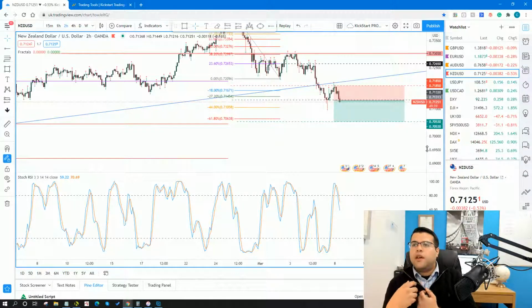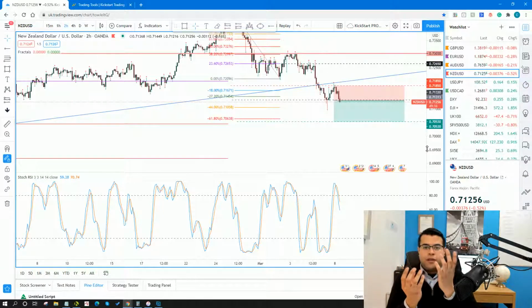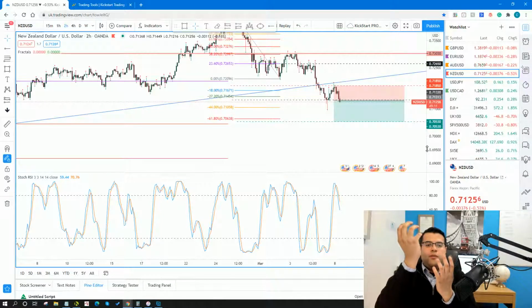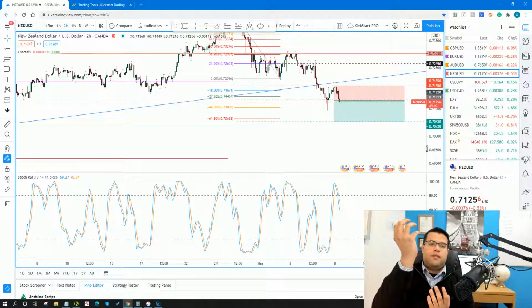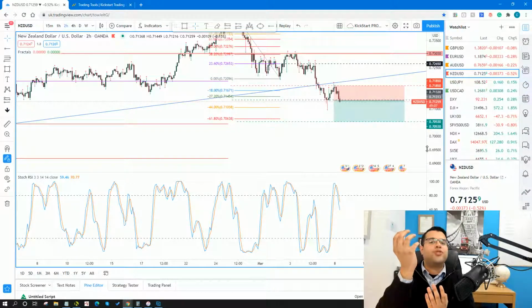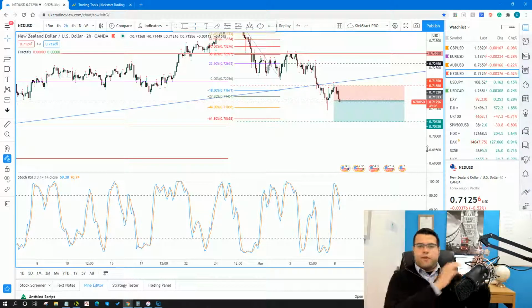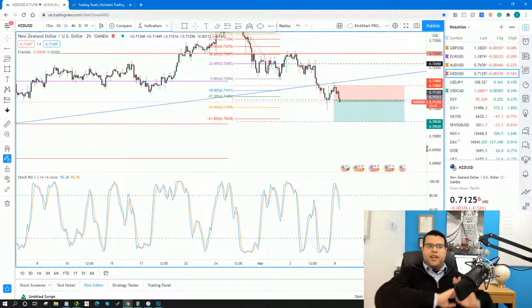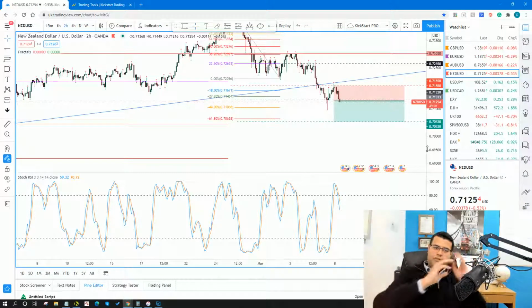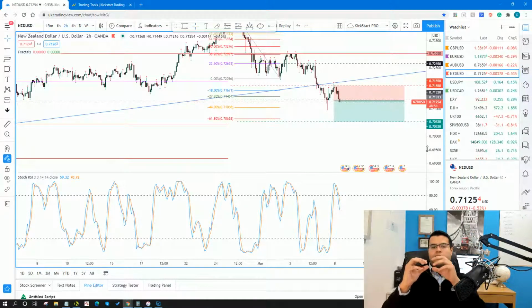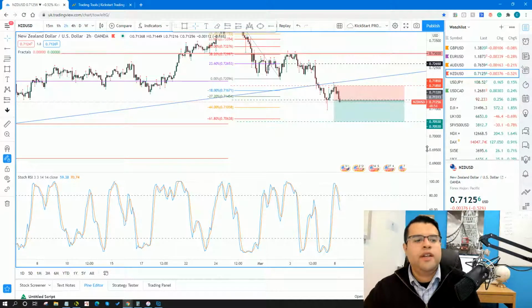Okay, and so if we have a strengthening dollar, if you think of pound dollar, right? We have a strengthening dollar. Well, the pound is weakening against it, in relation to it. So even if everywhere else on all the other pound pairs, the pound is strengthening, relative to the dollar, it's weakening. Hence why we get to sell when everything else is a buy. Okay.